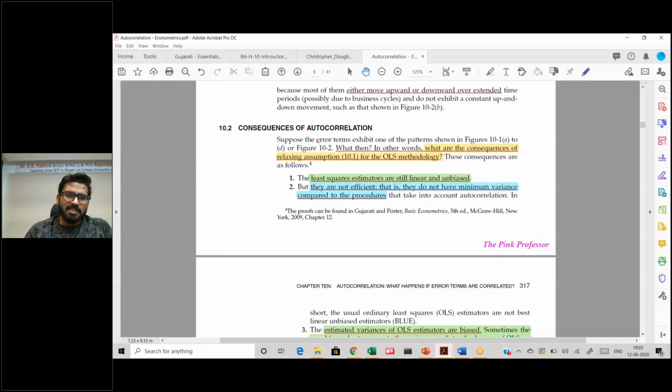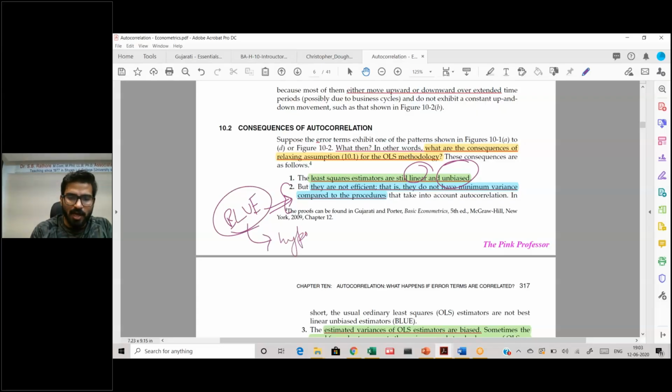As in case of heteroscedasticity and multicollinearity, the problem does not affect linearity or the unbiasedness. Why? Because unbiasedness is a repeated sampling property. However, as in case of heteroscedasticity, the minimum variance property actually loses out. So your estimates are no longer BLUE. And if your estimates are no longer BLUE, that means your hypothesis testing is not reliable. And if your hypothesis testing is not reliable, your parameters are not reliable. Therefore, the problem of heteroscedasticity and autocorrelation must be tackled, because their existence or non-existence actually has a huge impact